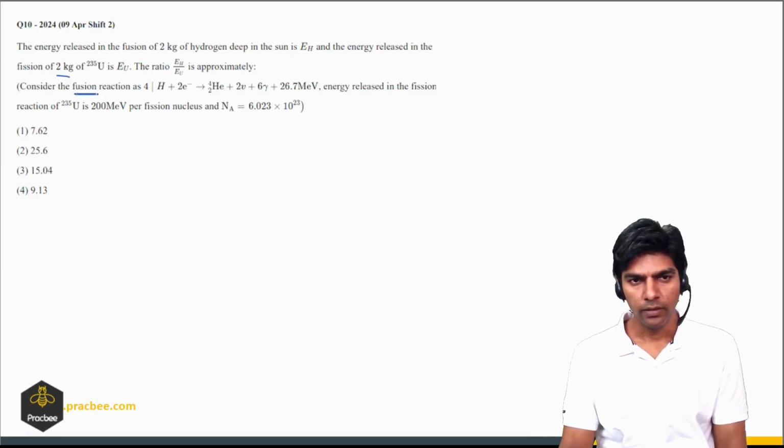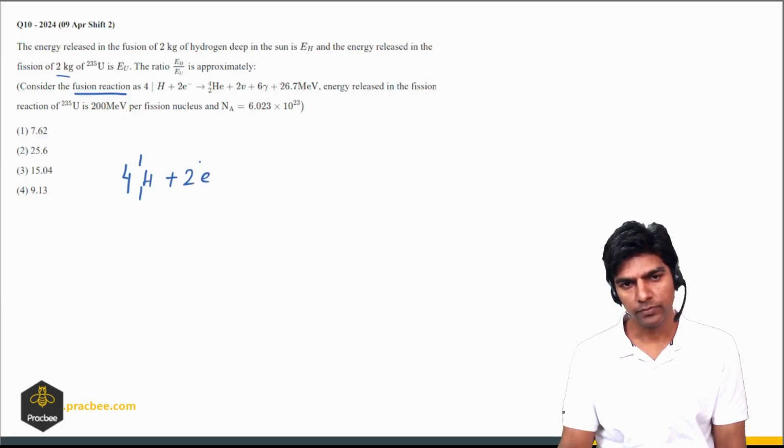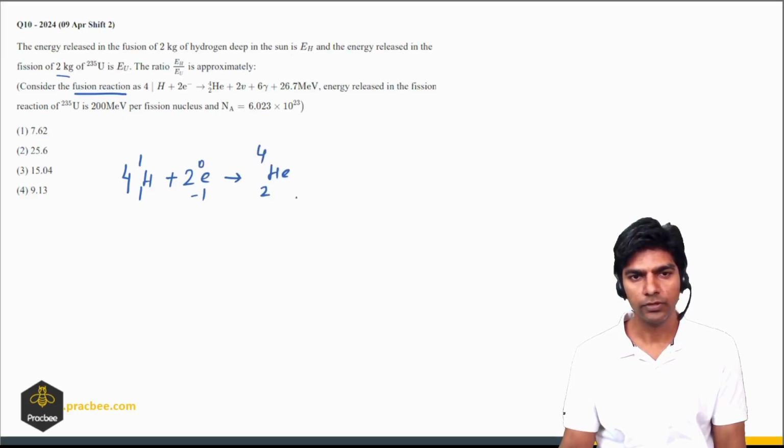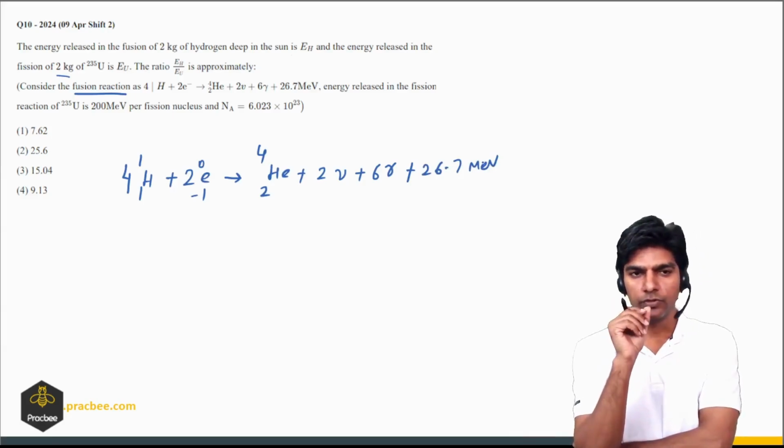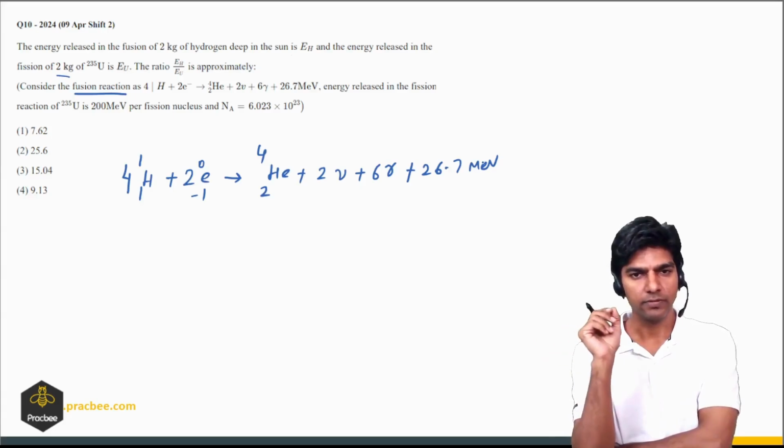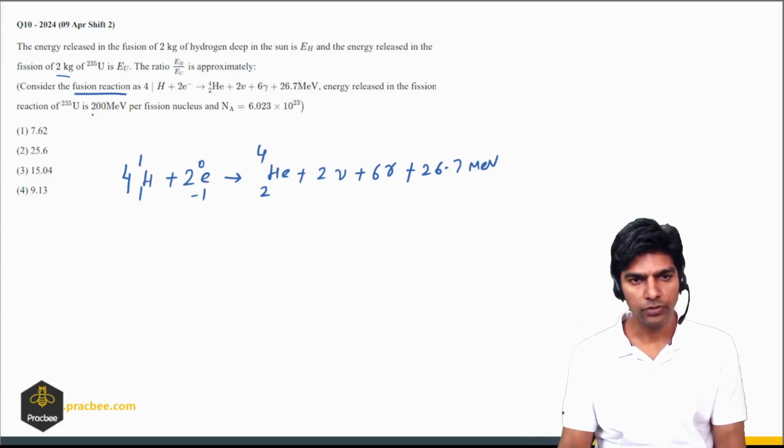In fusion, we have given 4 times 4 protons plus 2 electrons, so it will be 0 and this will be -1. It gives us helium, 2 4, and neutrino plus some photons and 26.7 mega electron volt of energy. So in one fusion reaction, the energy released is 26.7 mega electron volt, and then in the fission reaction we have given 200 mega electron volt,